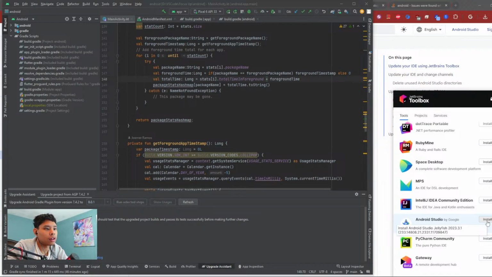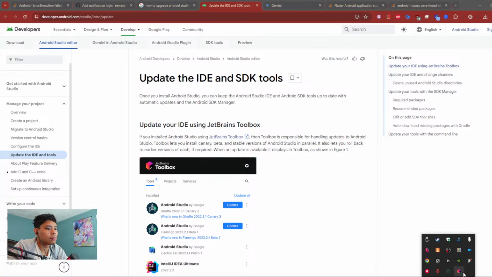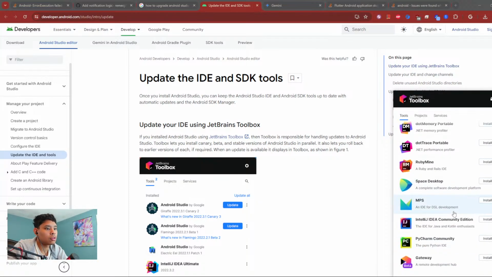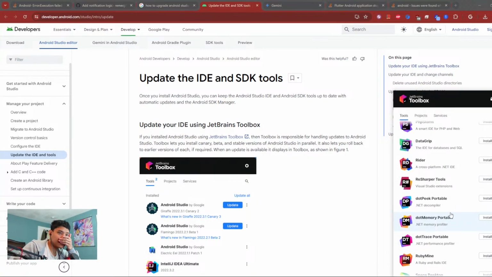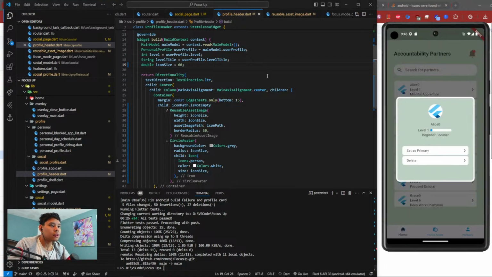Yeah, I guess it doesn't have my Android Studio, so let's install Android Studios and we'll delete the old one, because I'm pretty sure that I'm suffering performance issues because I don't have the latest Android Studios. There's probably some weird things happening in the back. So, alright, while that's happening,